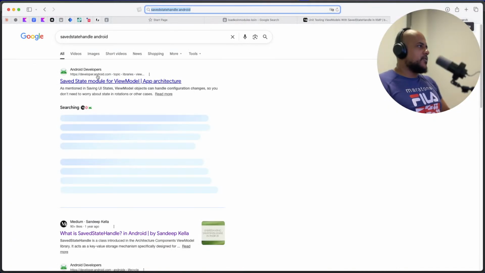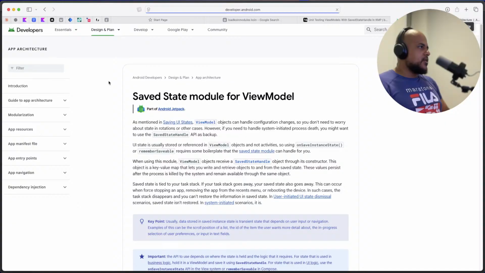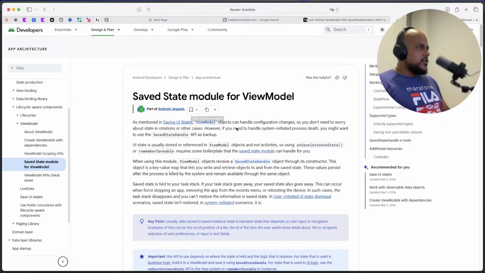Let me see the definition. What is the saved state module for Android? UI usually stores the reference in the view model object and not the activity. So using saved instance state, you might want to use the